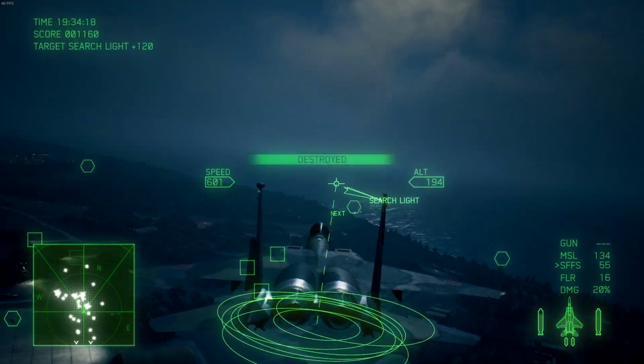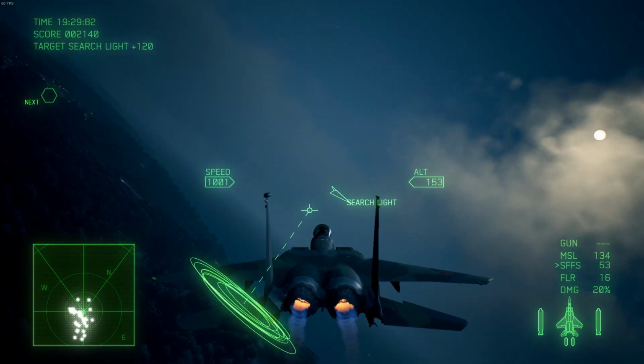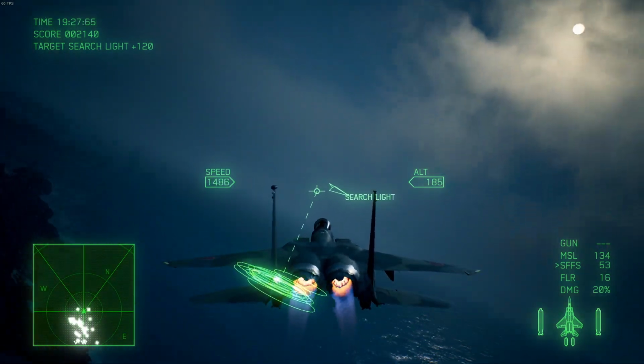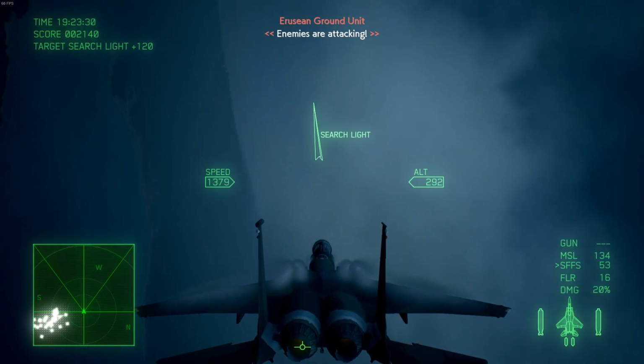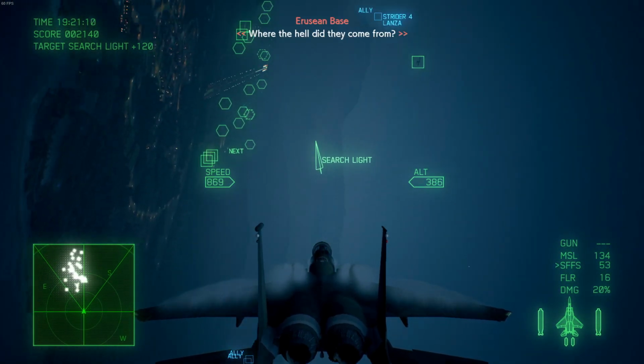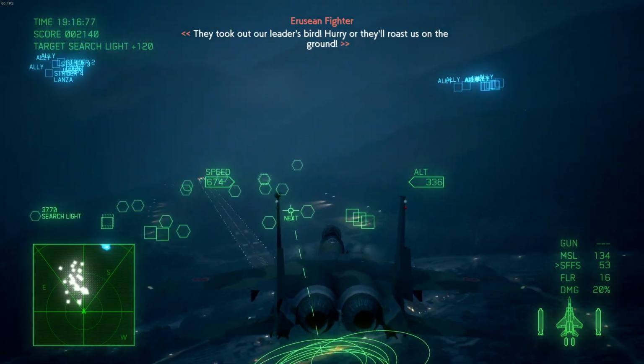The prototype of the F-15E was based on a two-seat version of the F-15B. That being said, the prototype would have some structural changes as well as a more powerful engine installed. The back seat was also set up for a weapons systems officer, a WSO,